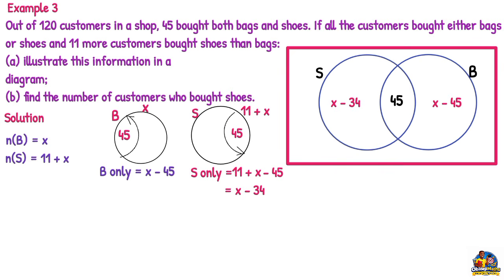Okay, the next thing is to add everything together. So let's add them together. Don't forget the universal set is 120. So let's add everything together. Equals to 120. 45 minus 45 is 0. So that one is cancelled. x plus x is 2x minus 34 equals to 120. Collect the like terms. So we're going to have 2x equals to 120 plus